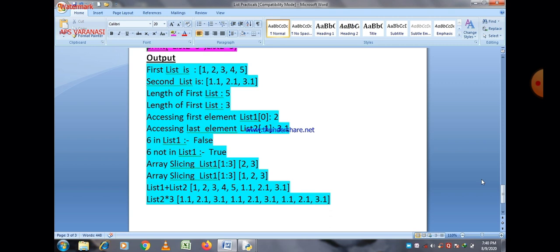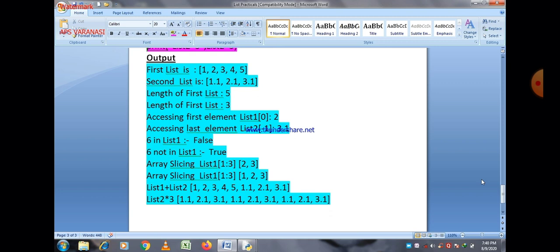That's why the second element will be printed here, and the second element is 2. And then accessing the last element, there is no doubt regarding the last element: list1[-1]. Minus 1 means the last element, and the last element of list 1 is 5, so 5 will be printed.